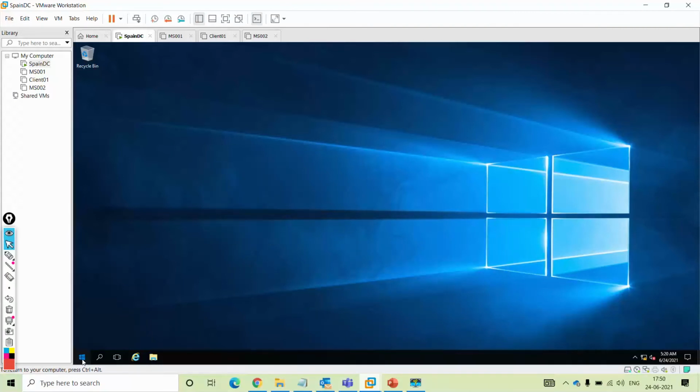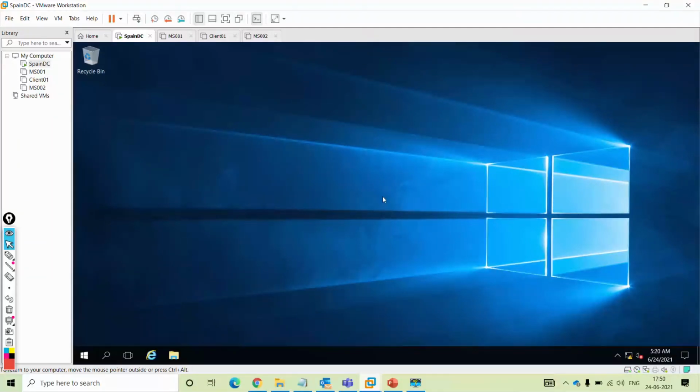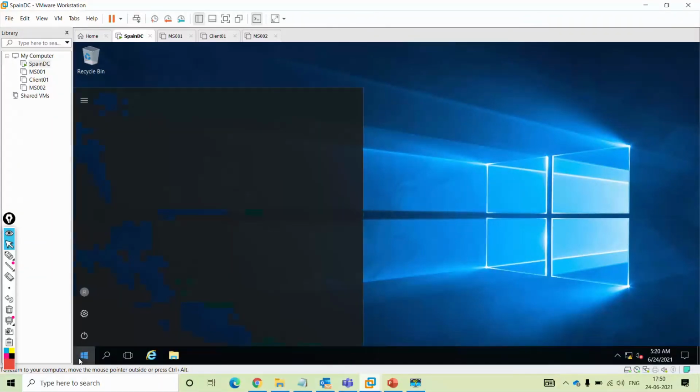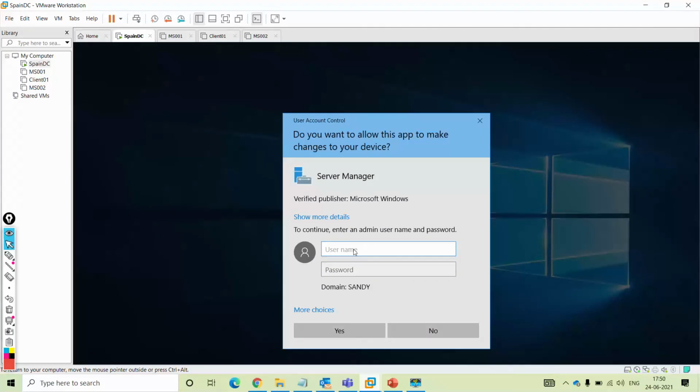Now we'll go to Server Manager. She goes to Server Manager. Display setting, it will automatically correct it. Okay. Server Manager. So she will provide her own credentials only. Shweta at sandy.com, password india@123.